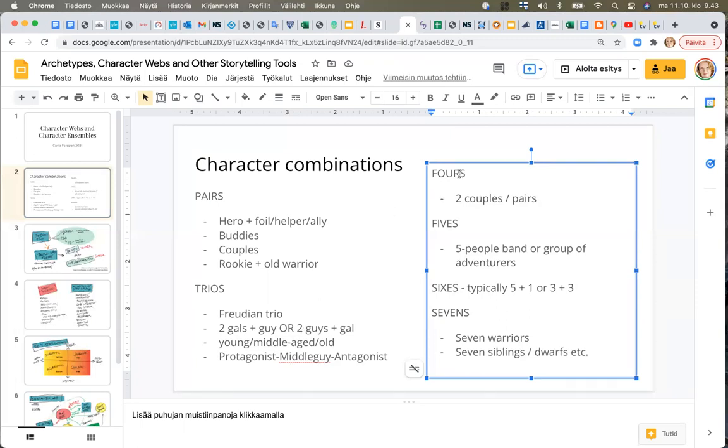Okay, so let's go to all fours, or actually just fours. So, of course, now we can start combining these. So we could have a four consisting of a trio plus one, or we could have two pairs. And then we can start combining the relationships between these characters in interesting ways. So here's one way of thinking about four